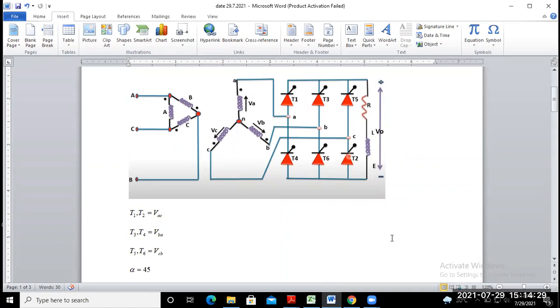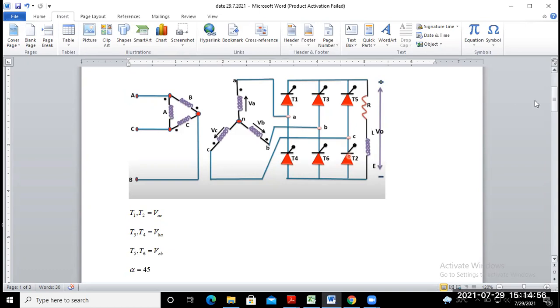Why is it called a three-phase controlled rectifier? What is the difference between the uncontrolled rectifier and the controlled rectifier? It is only the power electronic switching devices.